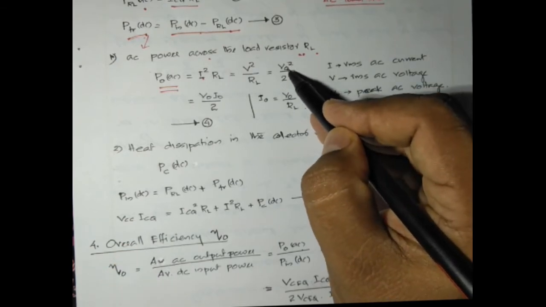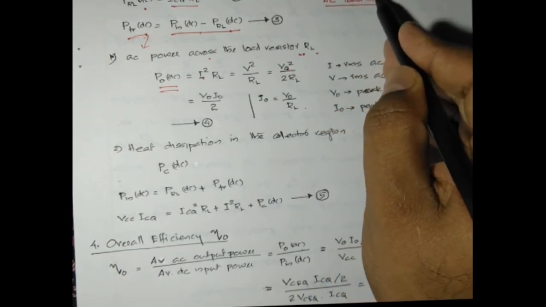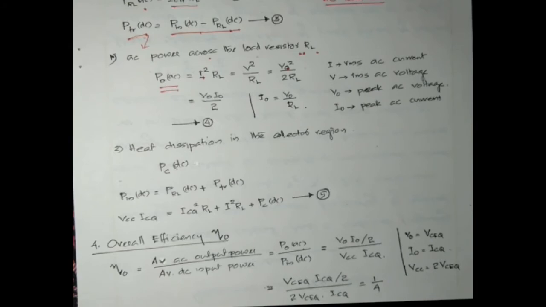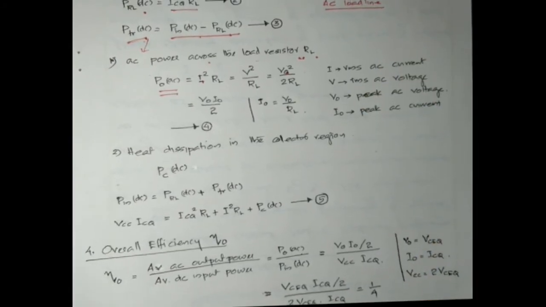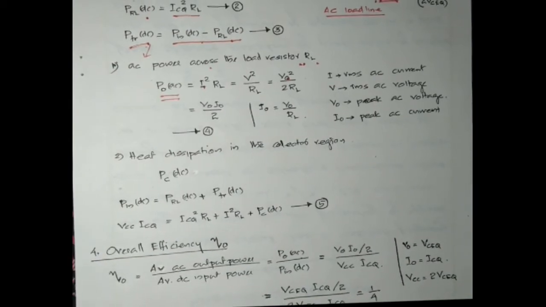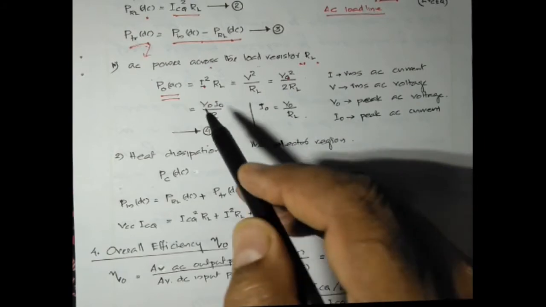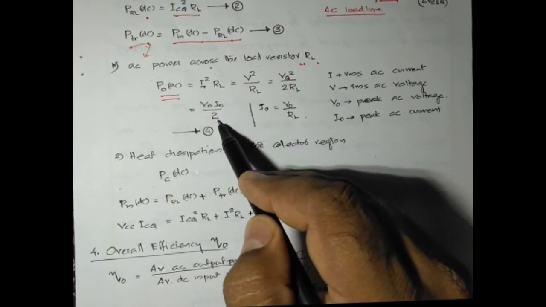The peak voltage is nothing but VCEQ. You cannot get a value which is greater than VCEQ because the transistor is operating in the linear region of the load line. So we may write it as V0 I0 by 2